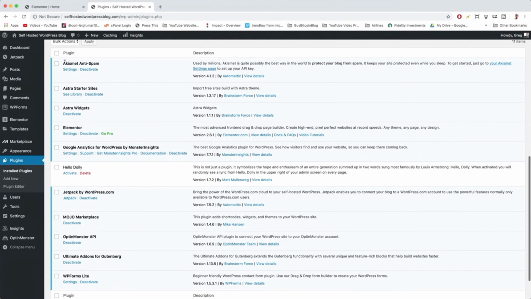All right, the first plugin, Akismet, is an anti-spam protector. It's created by Automattic, the company who made WordPress, so we're going to keep it because we obviously don't want spam. Next up we have Astra Starter Sites, which we installed on our own. We're obviously going to keep that. Astra Widgets, we're going to keep that because we're using the Astra theme. Elementor, we're going to keep that because it's our page builder, but now we run into a plugin we can